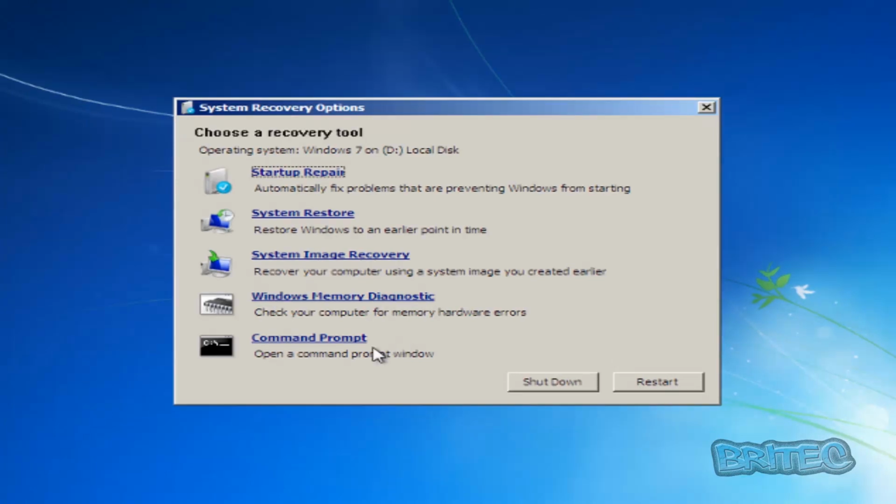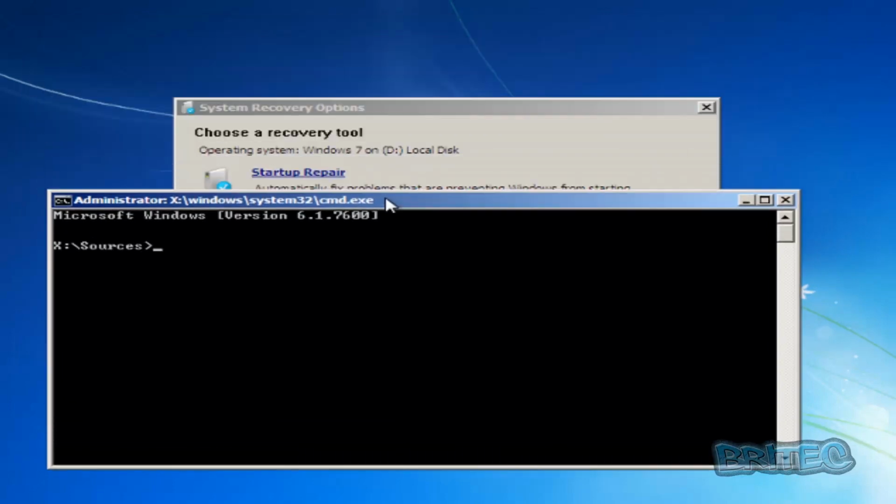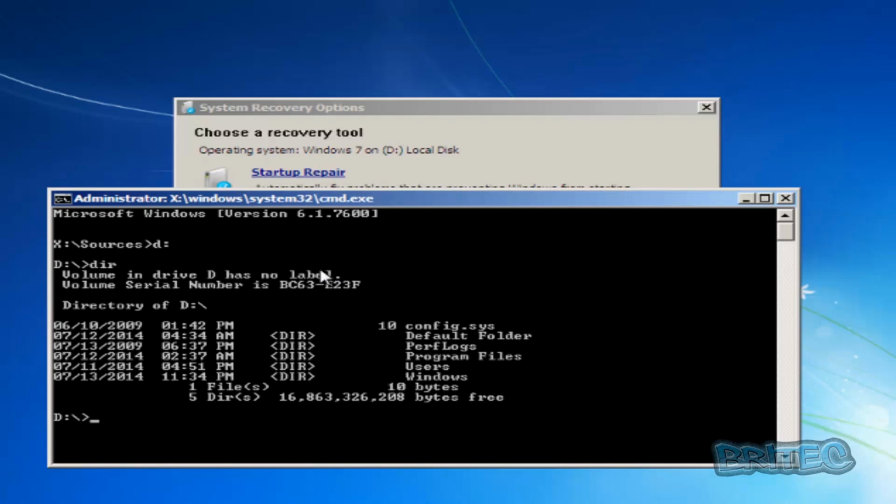Go next. So all we need to do here now is go into command prompt, and once we get into command prompt here, you can see the Windows C drive is now on the D drive. So we need to change this to D:, and if we type dir, we can see the Windows directory is there. So once we've done that, we can now do bootrec